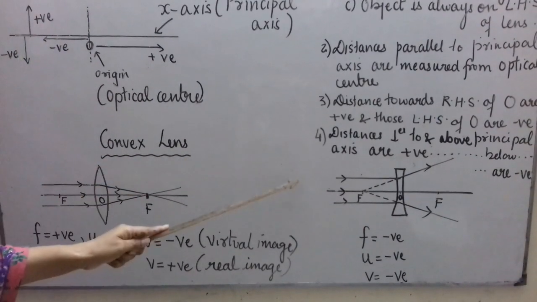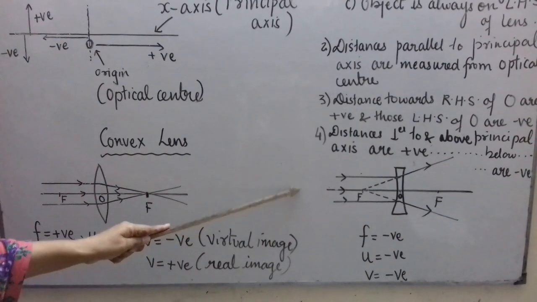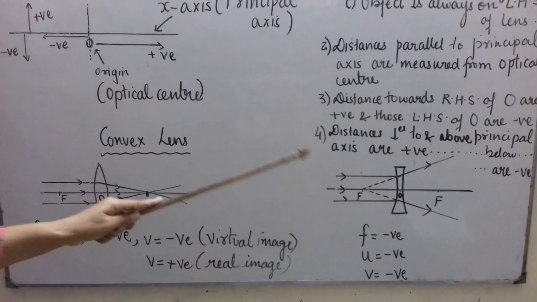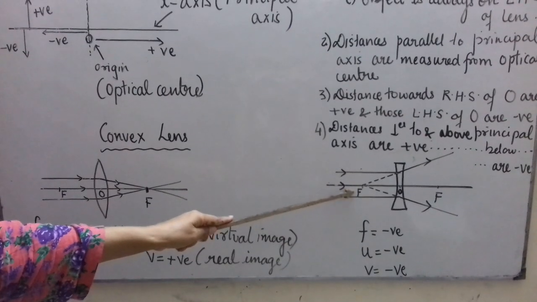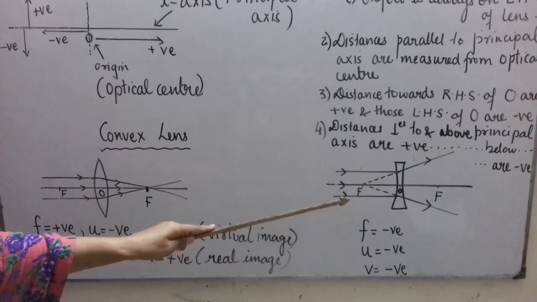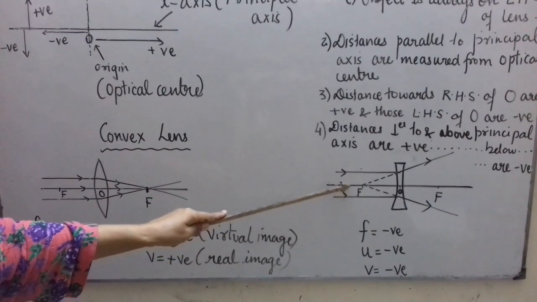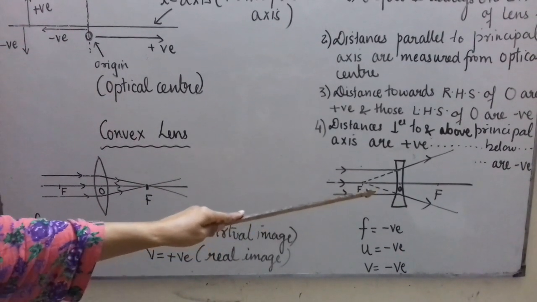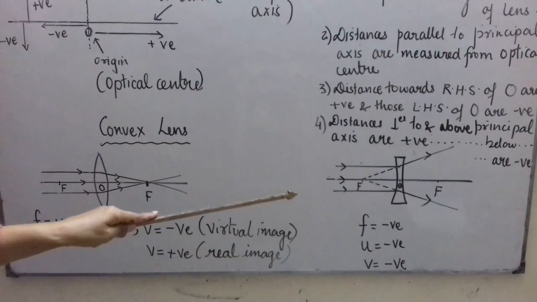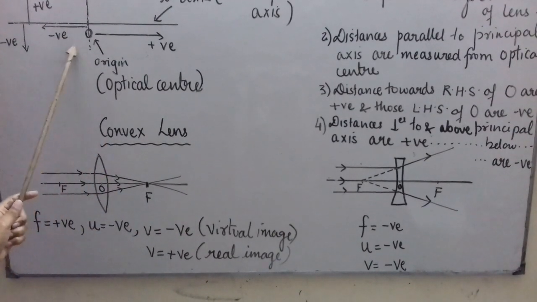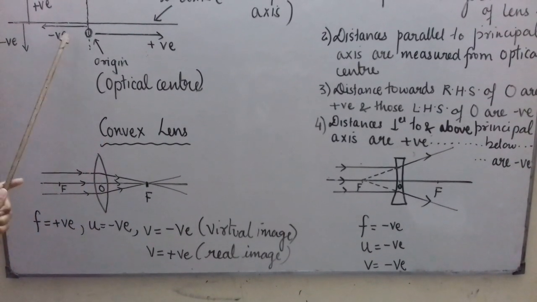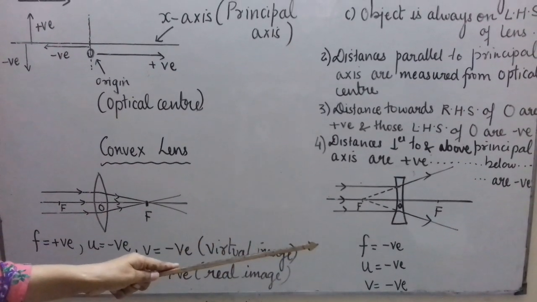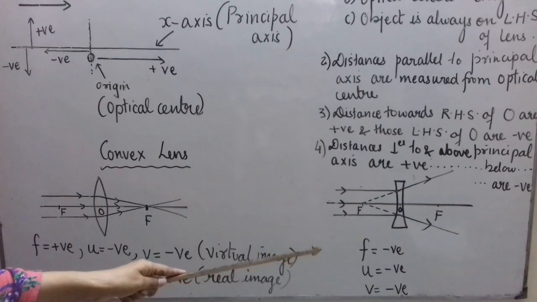So keep the parallel rays only on the left hand side because our object is on the left hand side. Then the rays appear to diverge from only this focus, which lies on the left hand side. So we'll give importance to this focus and hence to which focal length? This FO, which is measured towards the left hand side of O. And all distances measured towards the left hand side of O are negative. So F for a concave lens, that is the focal length, is negative.